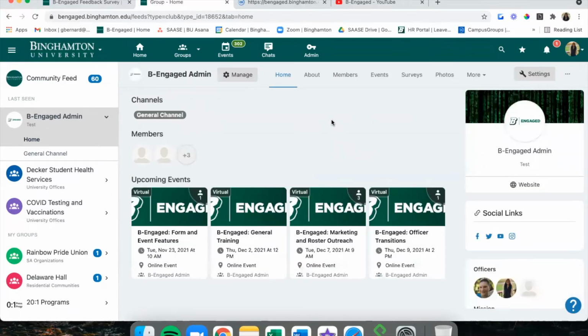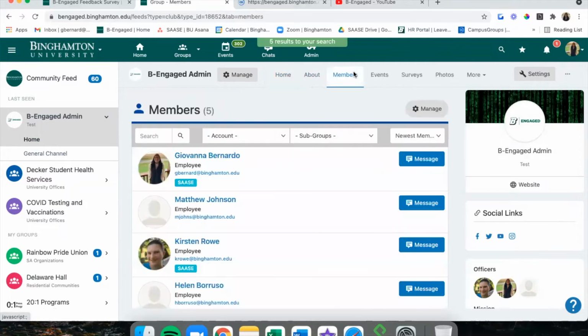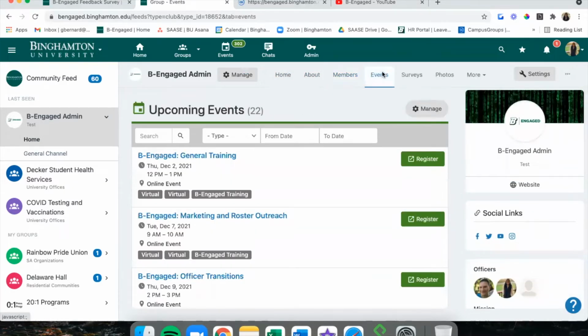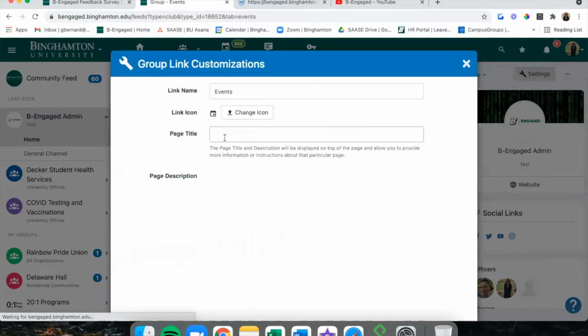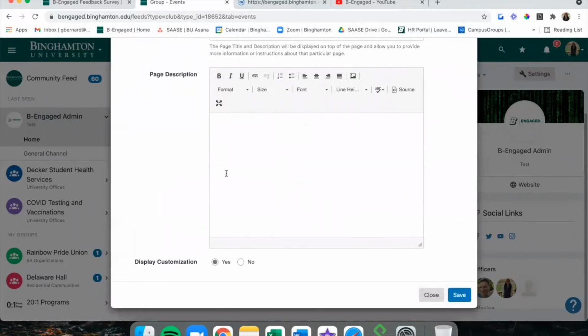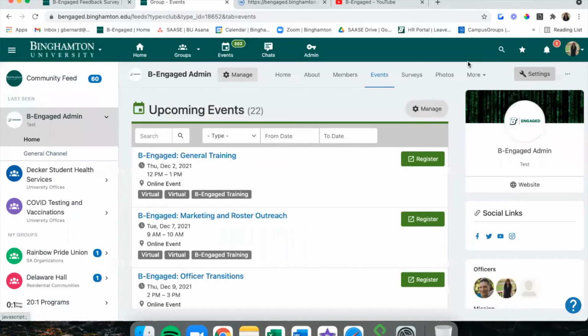You can also customize your group page using these links at the top and by heading to Settings and deciding what links you want visible at the top menu. And if you want to edit any of the link names, icons, add a specific description, and more.